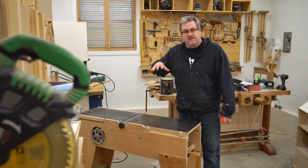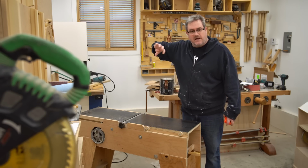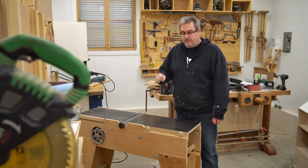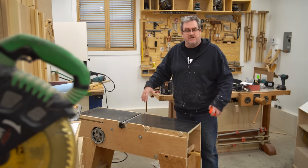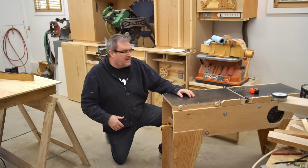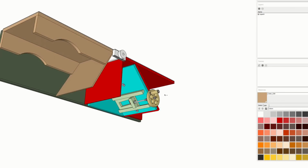And what that did was it concentrated the load down on the sides here so that when I tighten those knobs in the middle, it pulls the whole thing down tight and it concentrates the load on those edges where it's best supported. In a previous video, I showed the drawing that I made for this and I showed the